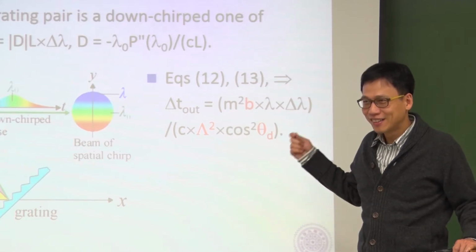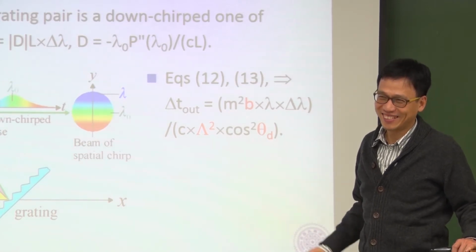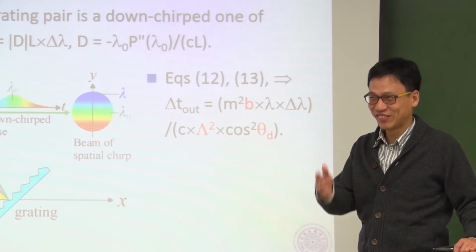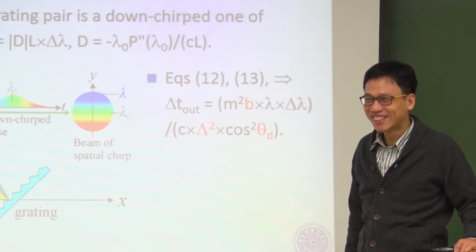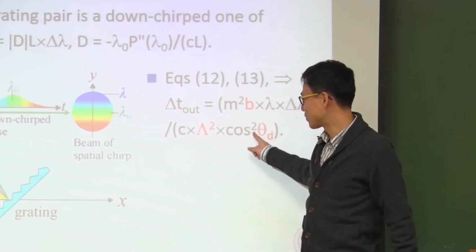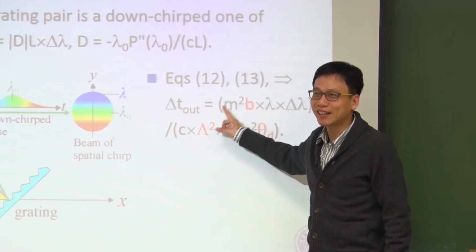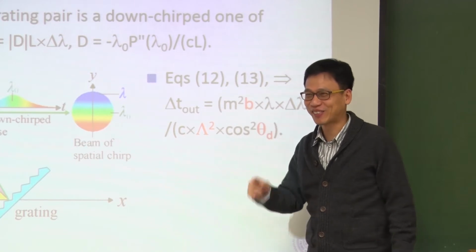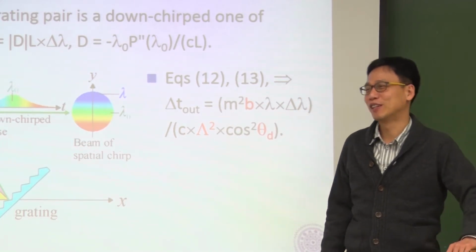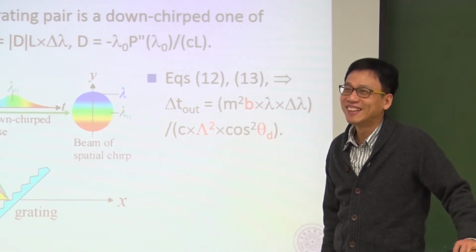You can try to calculate a set of parameters to see if you can achieve 10,000 stretching by controlling this one. 我想你的目的就是这两个不用太厉害，我就要靠它嘛。你会不会遭遇到 spatial chirp 的限制？